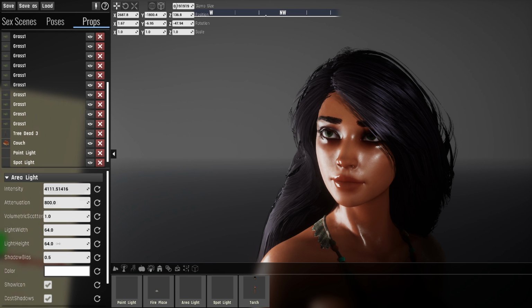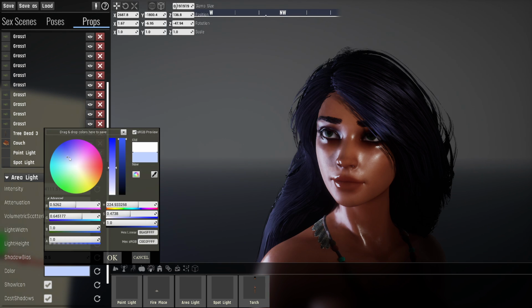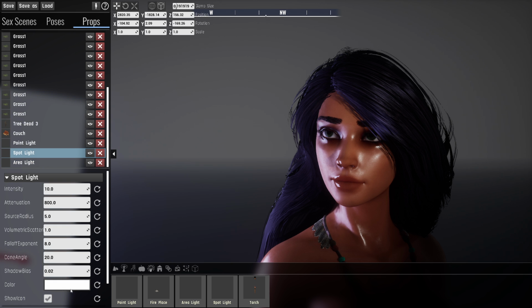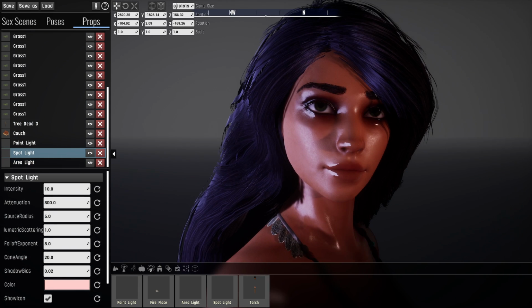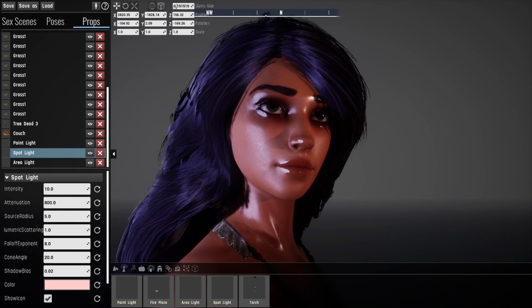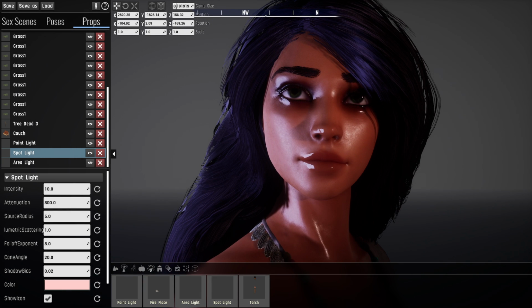Let's maybe change the color and give it a little bit of a blue color. Let's maybe pick a warmer color for the spotlight to have a little bit of a colorful image composition like this. Okay, now let's go through these